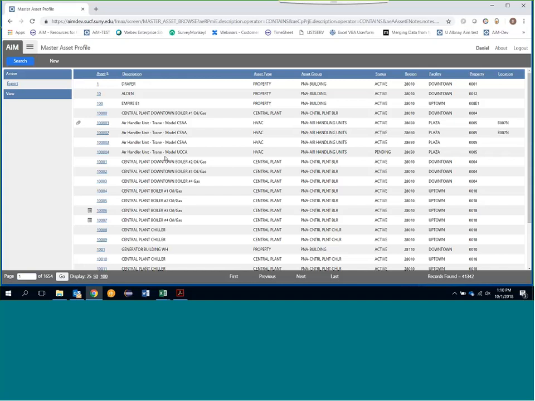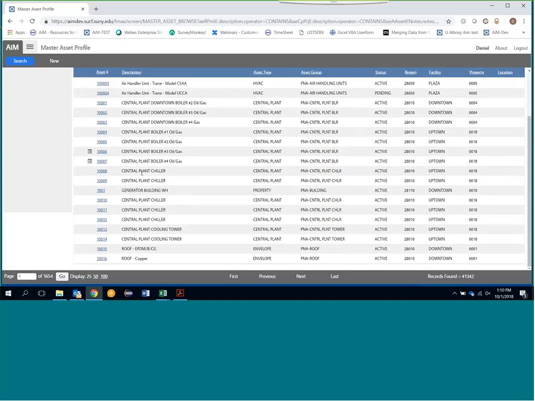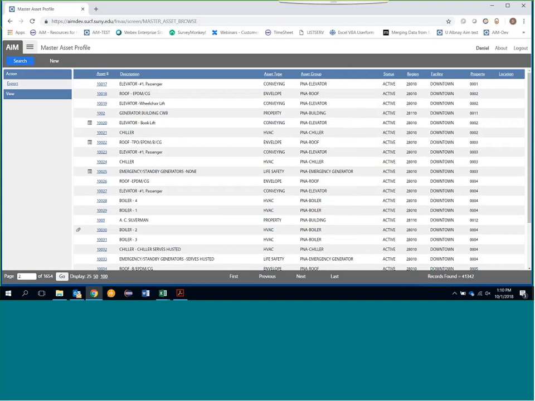Capital assets can range from central plant boilers to chillers to elevators, roofing, a variety of things. There's 5 big ones that we have in there, which I can never remember. But for example, we've got some air handler units and central plant boilers, chillers, roof, elevator, and generators. If I go back to the main page,